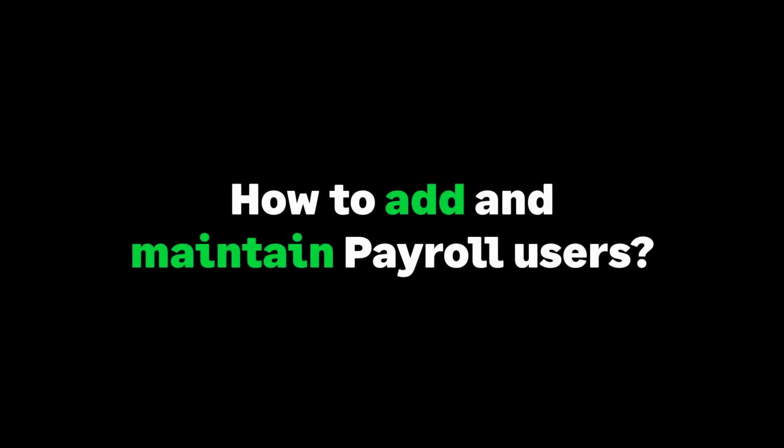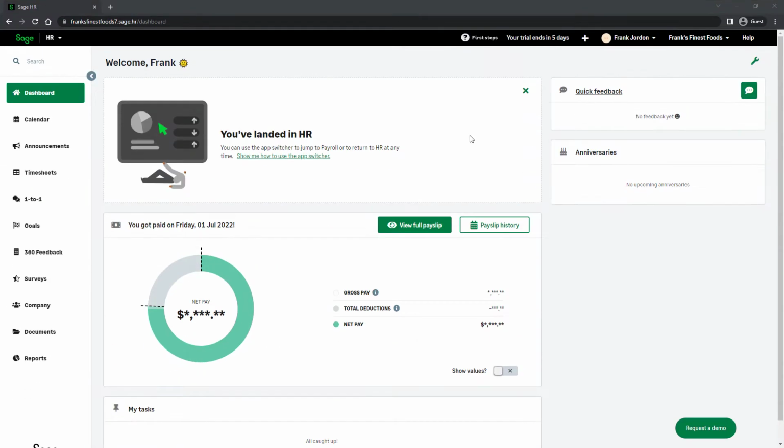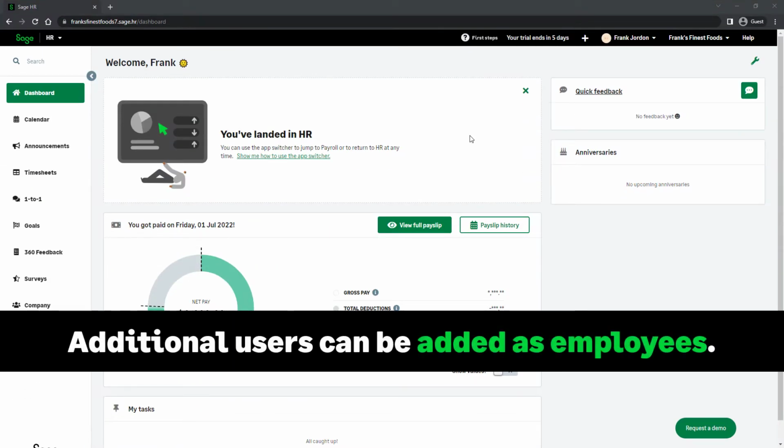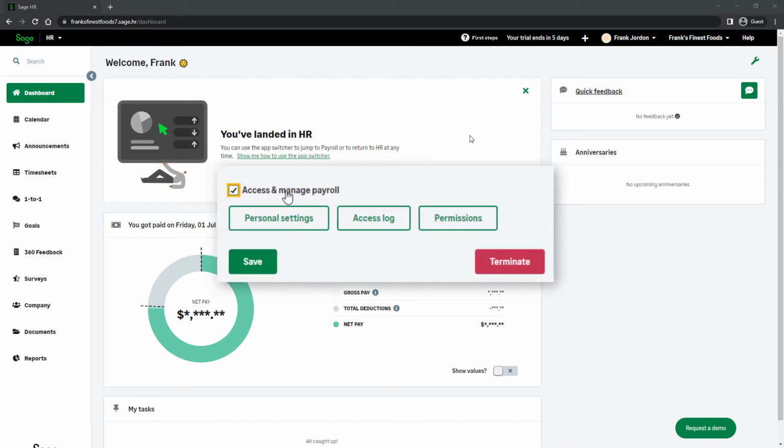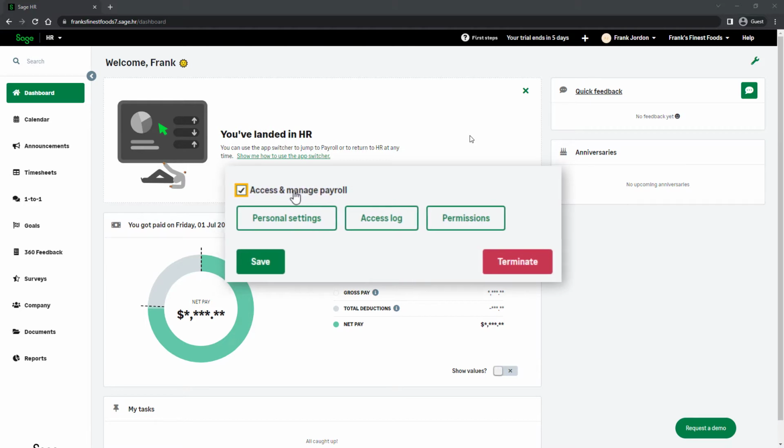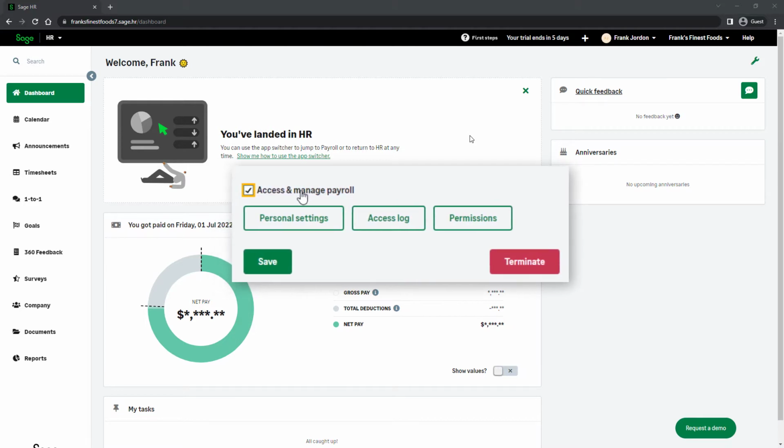Over the next few minutes, we will show you how to add and maintain payroll users in Sage HR and Payroll. Additional users in Sage HR and Payroll are created by adding them as an employee and granting them access to payroll as needed. This is very convenient if you need to give an employee or an accountant or bookkeeper access to payroll. If you're an accountant or bookkeeper, this is also how you could add your client to give